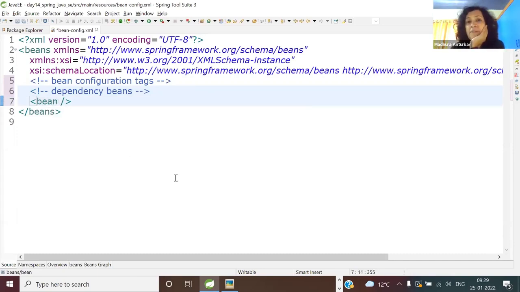Anyone remembers which were the three attributes? Which were the mandatory attributes of jsp:useBean? I'm trying to relate to what you know already. That is how you learn. Yes, please. ID and class. Very right. No, property is the wrong answer. ID and class. If you don't supply the scope, which was the default scope? Page scope. Everyone understands? So here also, the same attributes, ID, which is nothing but a unique bean ID.